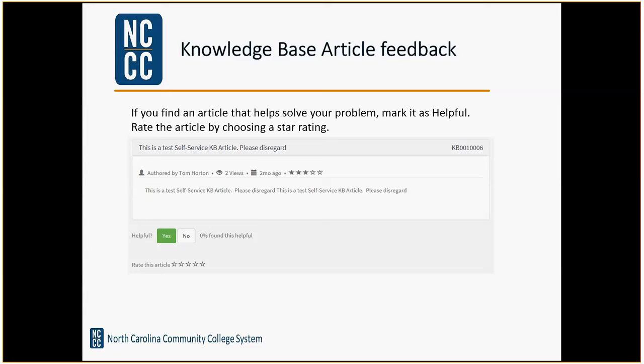Read the article, see if it fits or answers your problem or resolves your issue. Let us know. Click helpful, yes. No, not helpful. Rate this article, give it a star rating. Best article ever, give it a 5. Maybe it solved half your problem, give it a 3. Not helpful at all, give it a 1. We will review these, and based off of the ratings that the articles received, if you've got 15 people saying not helpful, we'll probably remove that article so that it doesn't show up in your search anymore